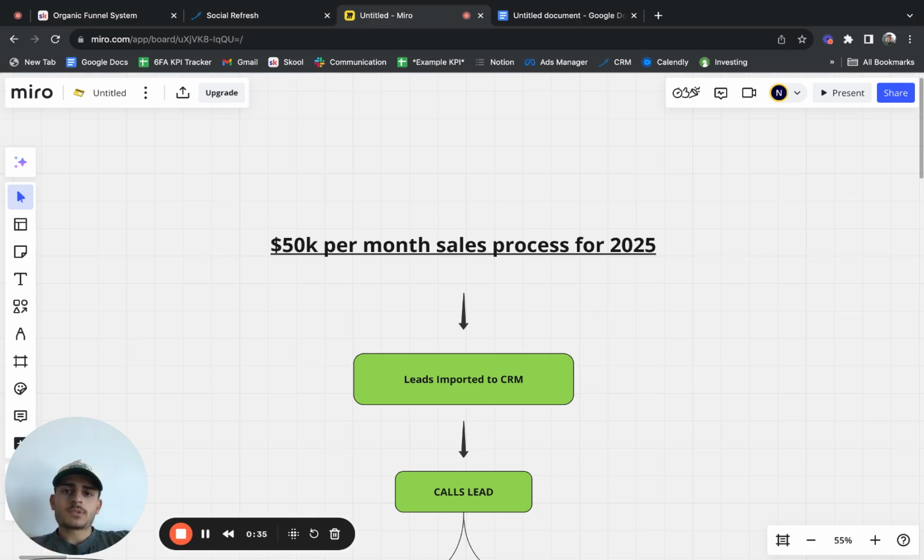And then on top of that, I'm also going to cover the follow-up process as well. Follow-up is where a lot of people miss out on a lot of money in the business. So I'm going to break down that whole process, call consistency, how to properly follow up, and everything like that. So that being said, let's go ahead and jump right into the first point, which is going to be our